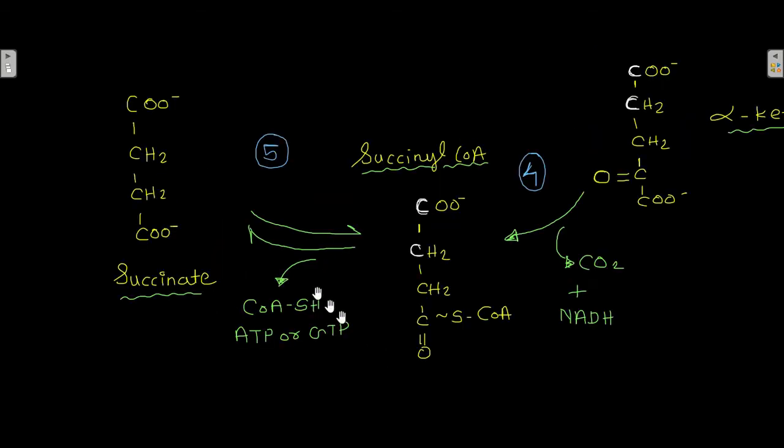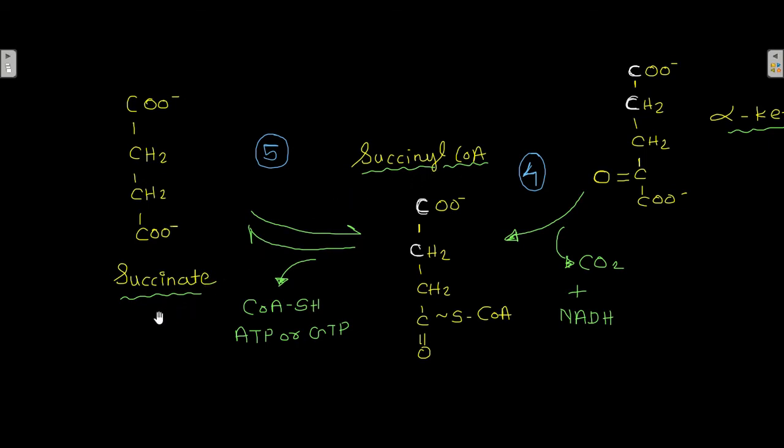Now in the fifth step of the Krebs cycle, this succinyl coenzyme A is converted into succinate, and then there is a release of these compounds in this conversion. So this is the fifth step of the Krebs cycle where the succinyl coenzyme A is getting converted into